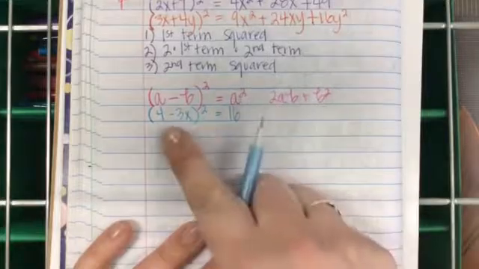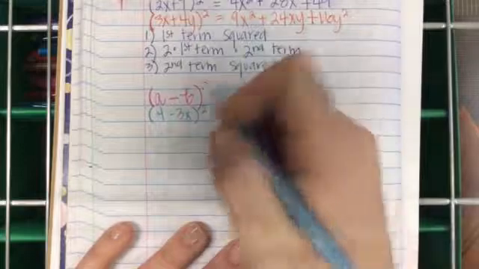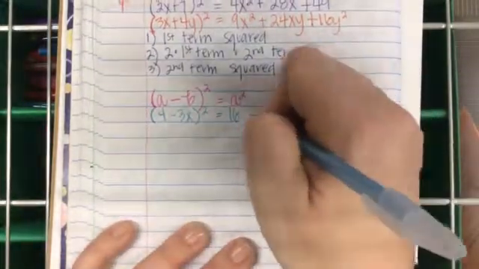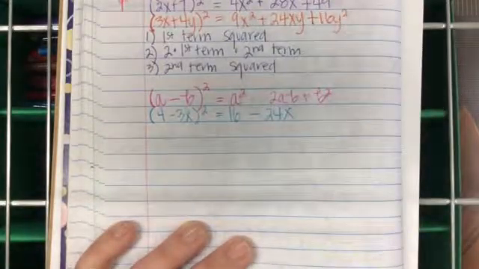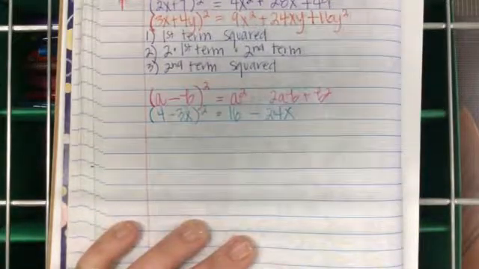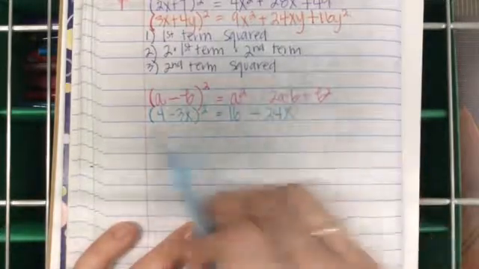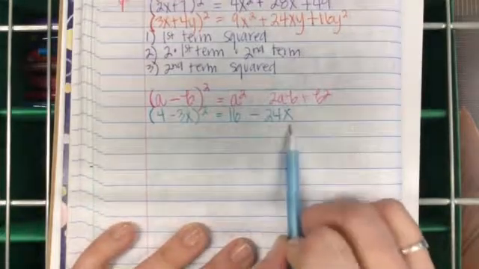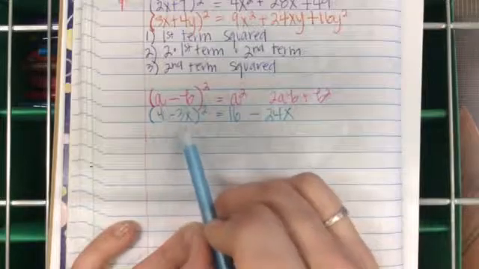So 2 times 4 is 8 times negative 3 is negative 24x. Right? And then last, negative 3x times negative 3x is